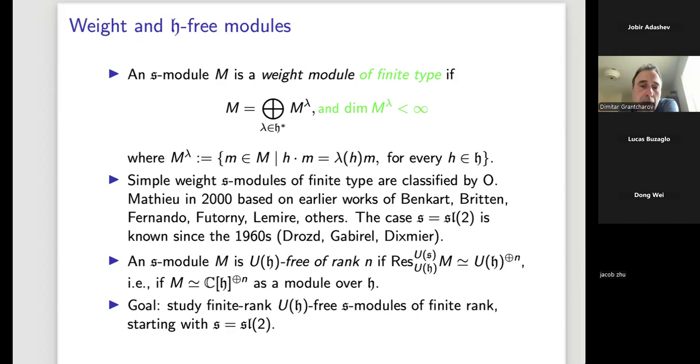So today we will talk a lot on rank 2. Rank 1 is well understood. And again, we talk about UH3 modules of rank 2, and still we have a huge family of modules, and simple modules to be precise. So this was kind of the preliminaries. Now we will start with the real stuff. Any questions?